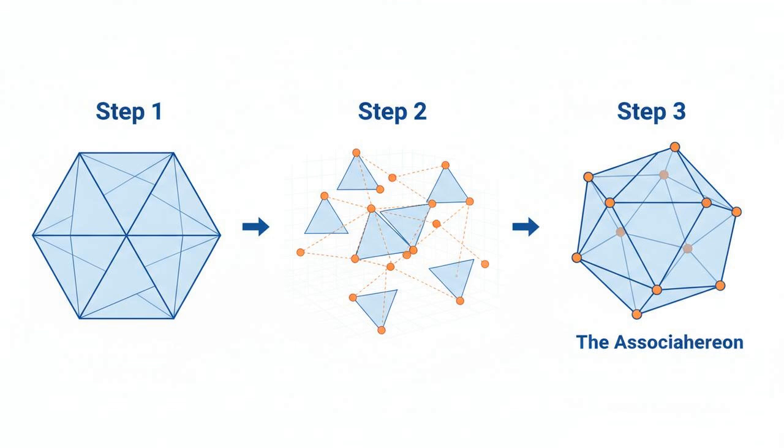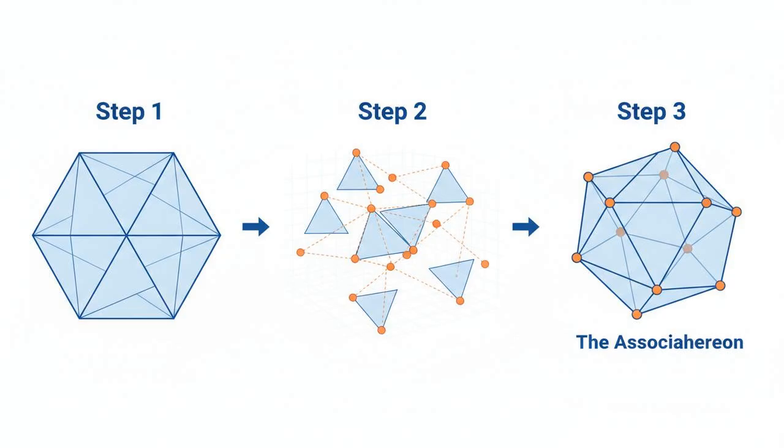To visualize it, do not try to picture a 4D hypercube immediately. Start with a polygon. Imagine a hexagon. Now ask yourself a combinatorial question. How many ways can you cut this hexagon into triangles using non-crossing lines connecting the corners? This is called triangulation. Each distinct way you can triangulate the hexagon corresponds to a single vertex or corner point